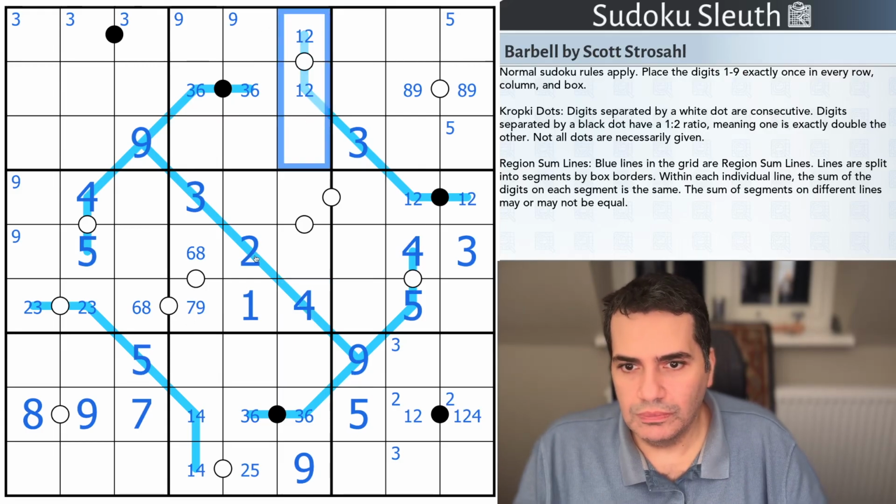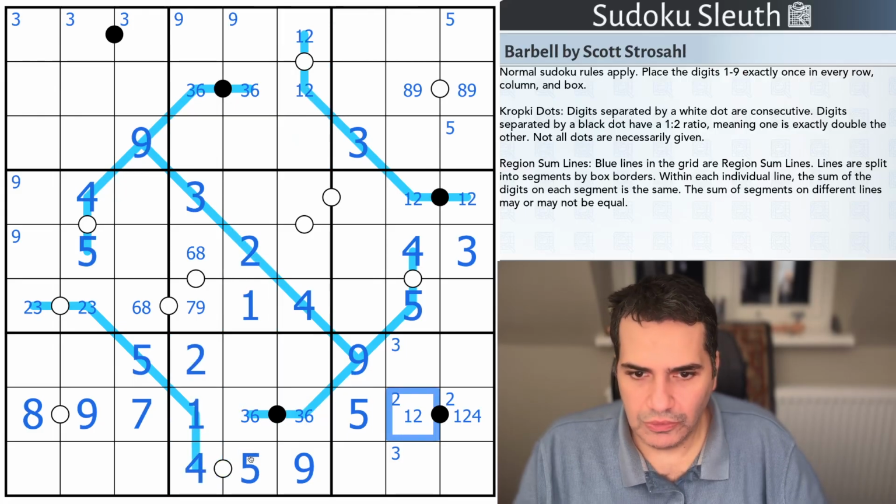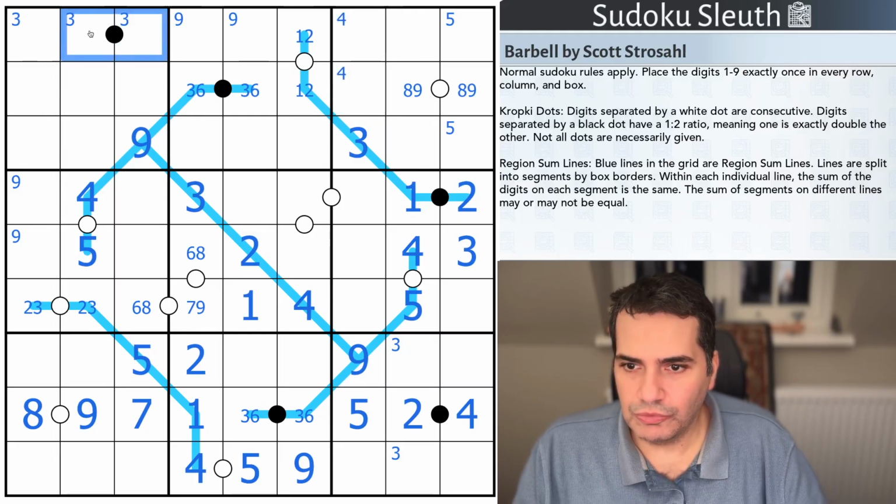One, 2, 1, 2. This is a 2. And that should have been there a while ago. 4, 1. No 1s. That's the 2, that's the 4. That's the 1, that's the 2. 4 now is up here in one of these two cells. This black Kropki dot is probably getting very restricted now, but